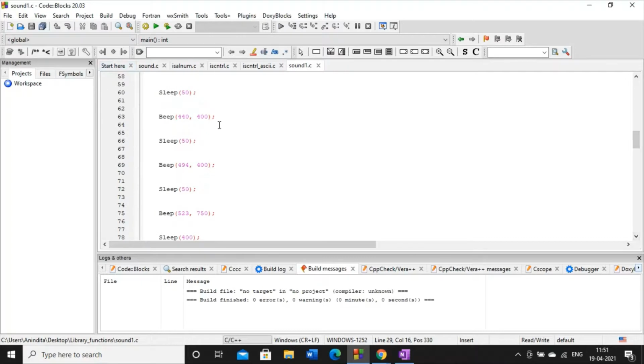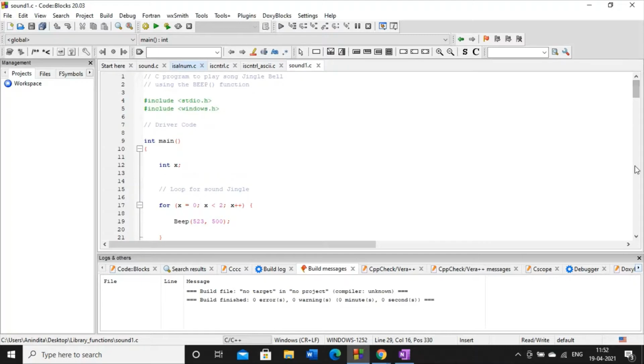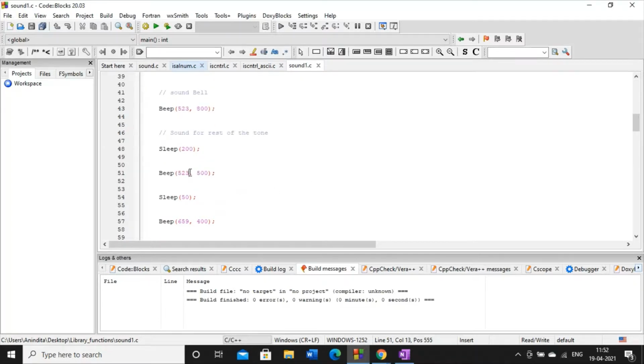So if you execute this code, you will get some sound variation. But today my topic of discussion is not sound. Sound can be generated using the Beep function, and accordingly you can change the frequency and the duration of the sound as per your choice.